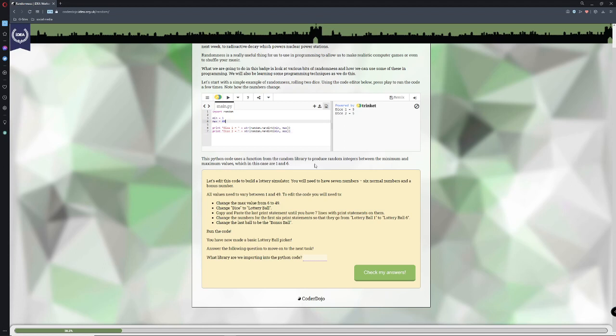Okay. Go ahead and go down to the next one. It says change dice to lottery ball. So we'll find dice, and we're just going to change that to lottery ball. We'll copy that and paste it into these two down here, and that's what it's told us to do. Next, it's telling us to copy and paste the last print statement until you have 7 lines. So let's go ahead and copy these two. 1, 2, that's 4.